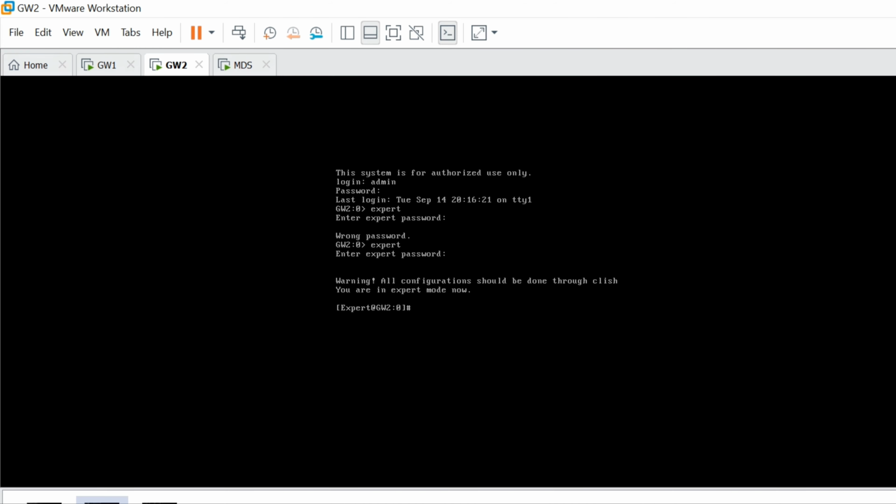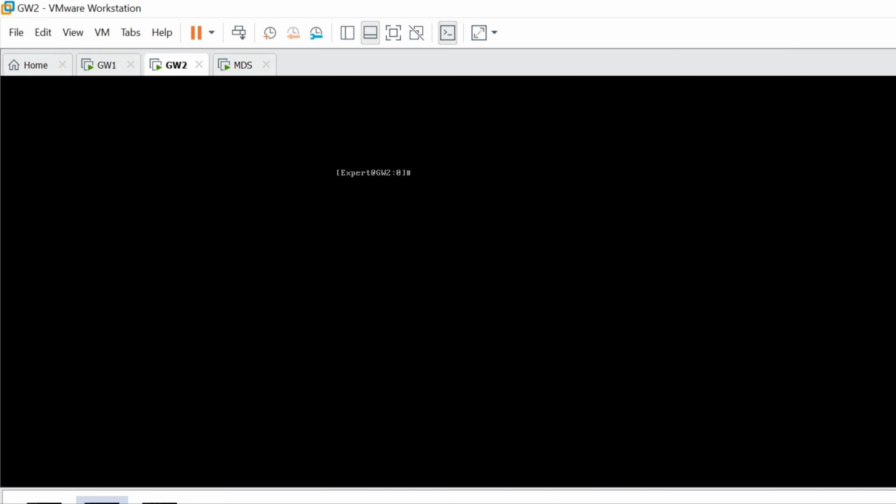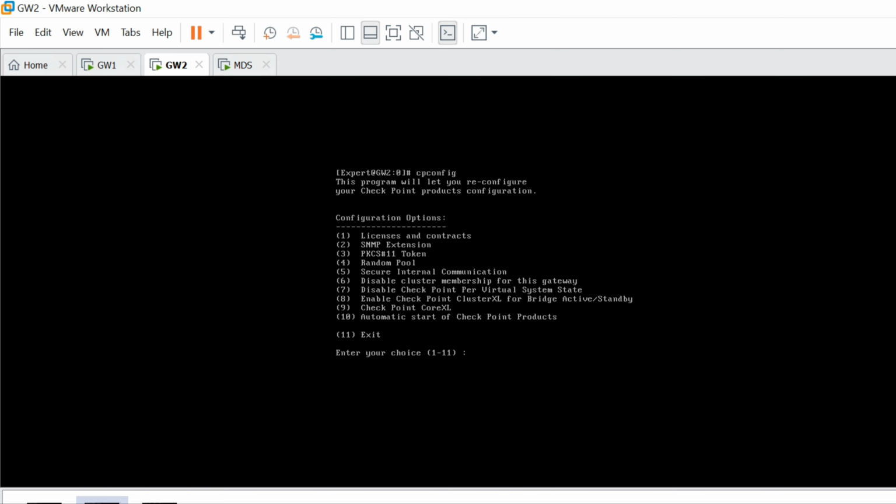I think yeah, the number 7 option is already there, so we already put our gateway in a virtual load sharing state. Let's see what is the state of the cluster. Okay, it looks like active standby.